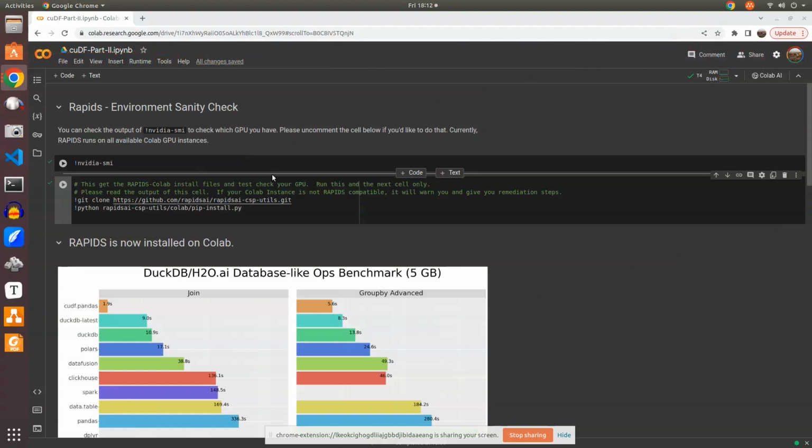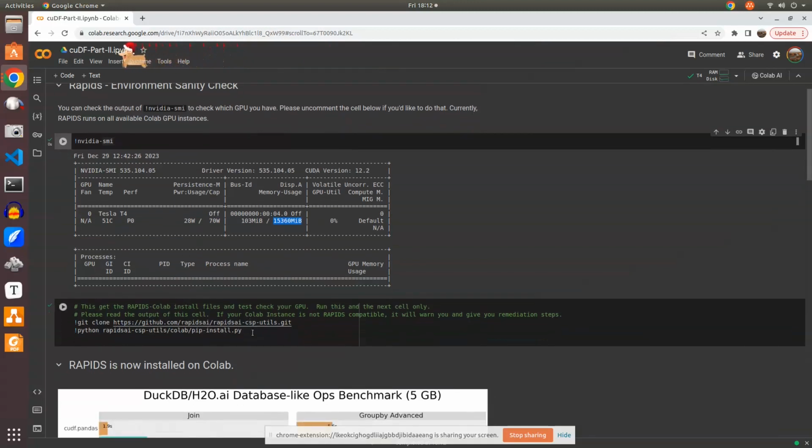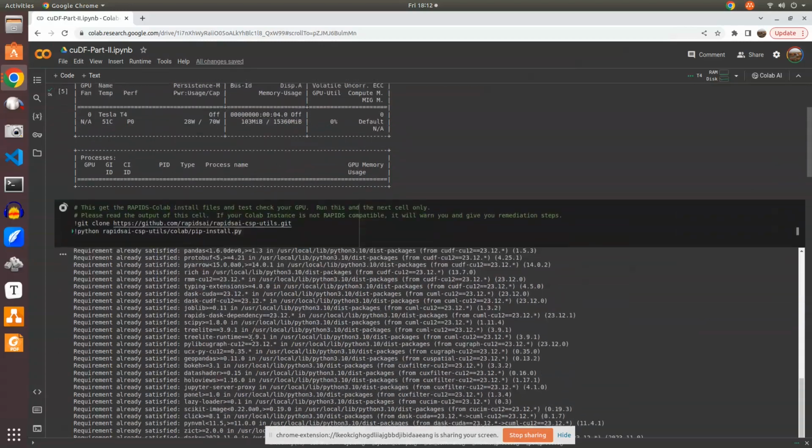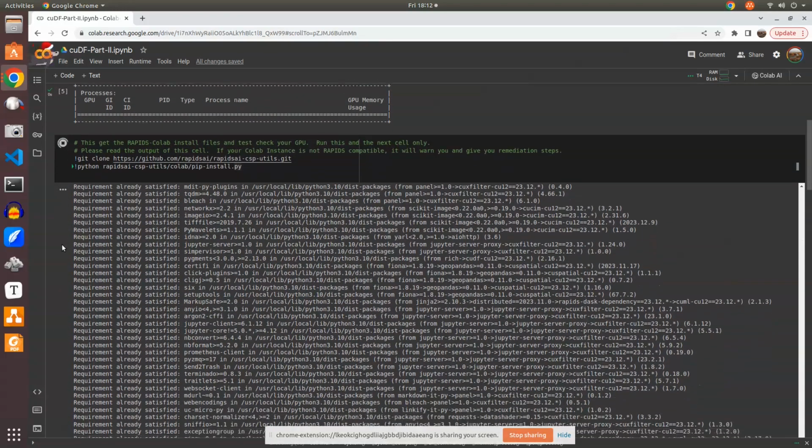Now first we'll look at the GPU we have, using NVIDIA-SMI. Currently it has a Tesla T4 with around 16 GB of VRAM. Next, we'll be installing CuDF using these two lines. We'll clone the repository and run the specific file. Since it is already installed, it should not take much time. Once this is done,